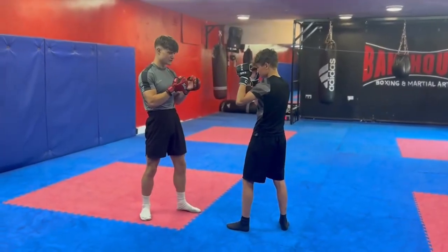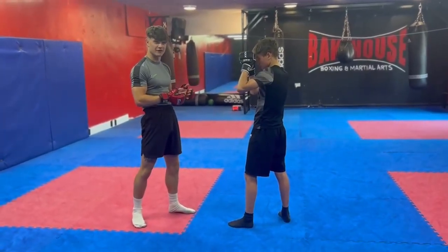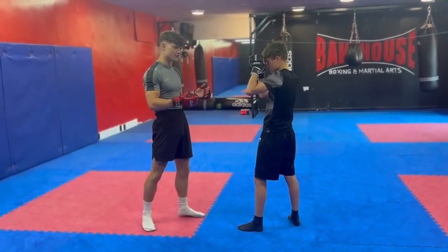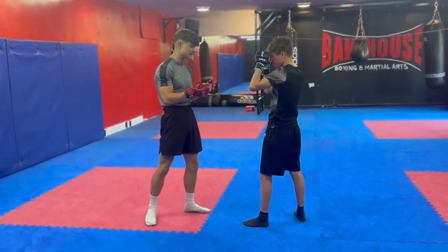Taking Luke down with the double leg takedown, and then once we've landed on the ground, we're going to advance into side control, go through some ground and pound from side control, then transition into mount. Then once we're in mount, we'll go through some more ground and pound, and then finish on a choke as well. So firstly, we need to be able to take him to the ground,